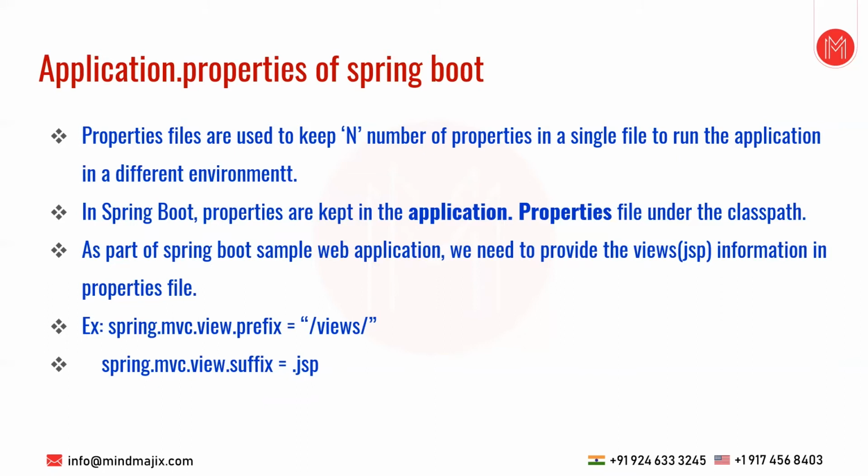It is used to keep a number of properties in a single file to run your application in different environments. Generally in Spring Boot, the properties are kept in the application.properties file in the form of key, value pair. As part of Spring Boot web application, we need to provide the views information in the properties file by just writing